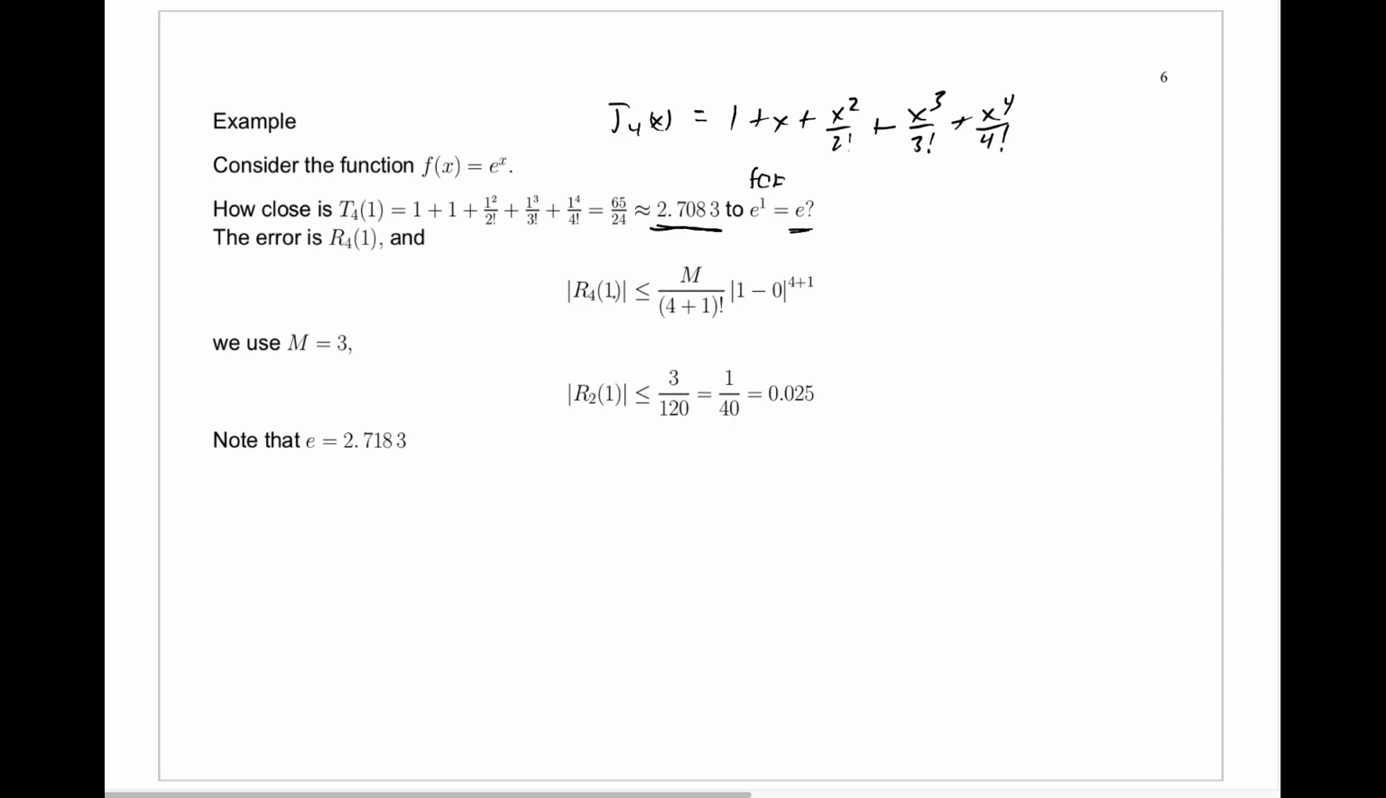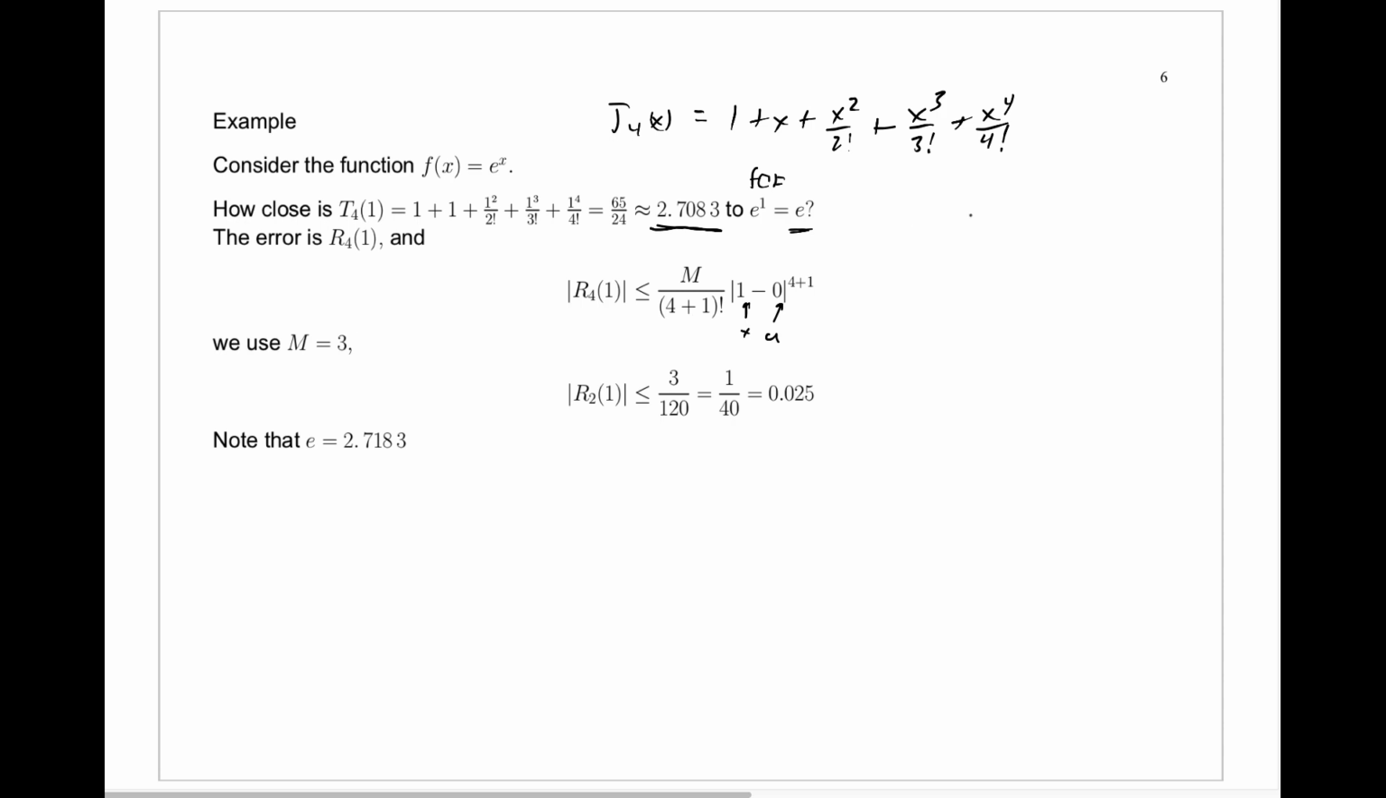It says R4 of 1, the size of the error, is at most some number m. This is a different m from the previous problem. And again, we have to divide by 4 plus 1 factorial, and we multiply by 1 minus 0. Remember, 1 is the x we're using, 0 is the a we're using, raised to the 5th power. So just like before, this number is 1, the denominator is 120, but now we're going to use